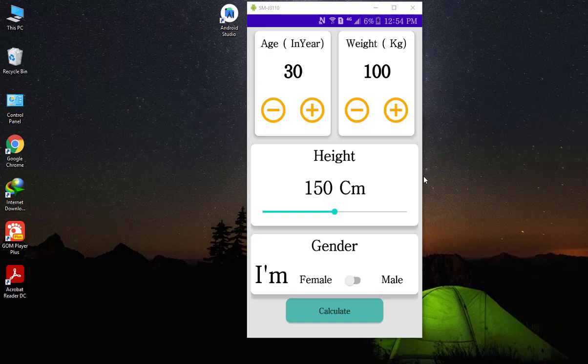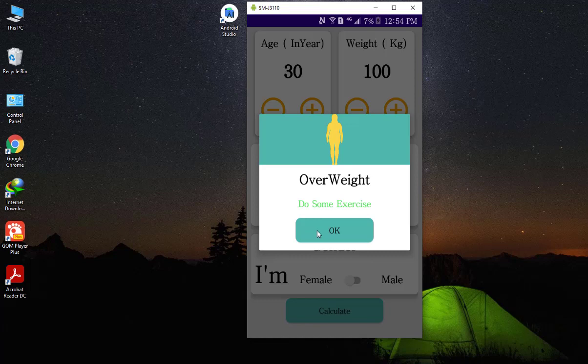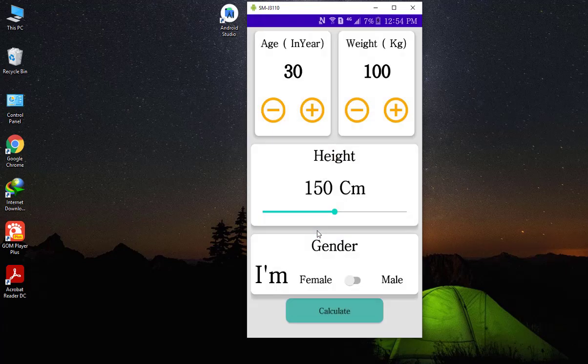Today we'll learn how to build this BMI calculator with amazing custom dialogs and suggestions from the very beginning up to the end, and also we'll teach you how to build the APK file of the application and how to publish the application into the Play Store, and we will guide you step by step from the very beginning up